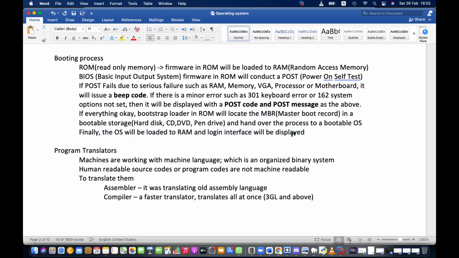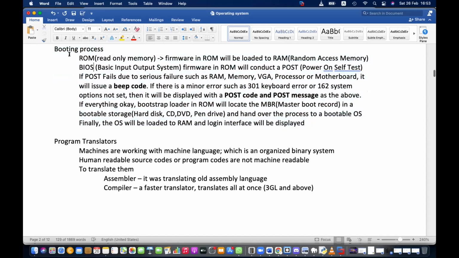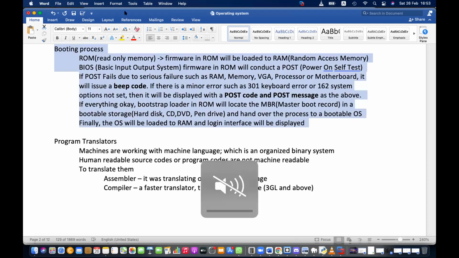Okay, you have to write down the booting process. This is a short note. This is not a descriptive story, but a very short note. So kindly write this down. If anything is unclear, you can ask. Right, okay. Then now we learn the process. So let's move to